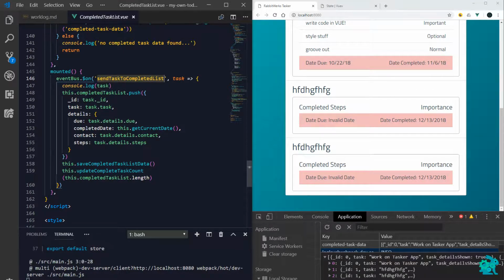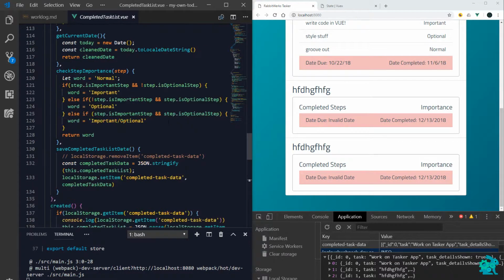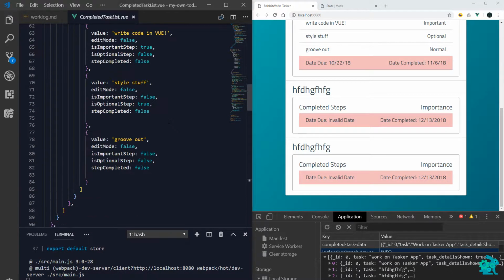Right here on the mounted hook, we're listening for the event that sends our task to this component, and right here we're calling the one method of our Vuex store, and that is to update the completed task count. And so we'll just add a little bit of logic in here that checks to see if